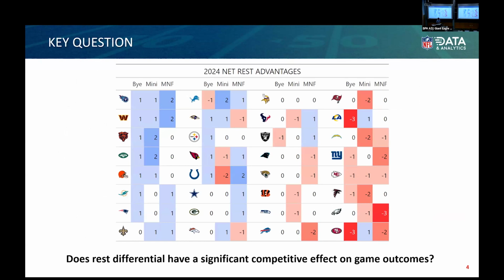So the key question here is, does rest differential affect game outcomes? I put together this chart above that shows the Titans at the top in terms of their rest differential disadvantages. They appear to have the most. San Francisco appears to have the least. And we can look at this graph and say, oh, this is unfair to San Francisco or too favorable to Tennessee. But the question is, what does this mean? Like having -3 bye, facing 3 teams off a bye, what does that actually mean in terms of game outcomes?